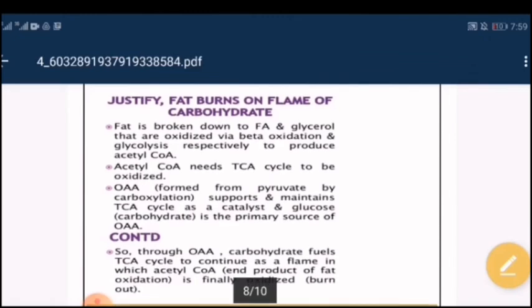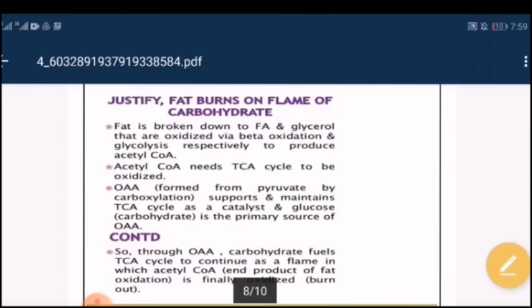Fat burns on the flame of carbohydrate. Remember that when fats are broken down into fatty acids and glycerol, the fatty acids are oxidized via beta oxidation, and glycolysis handles the glycerol, to produce acetyl-CoA. For acetyl-CoA to be oxidized, the TCA cycle is there,